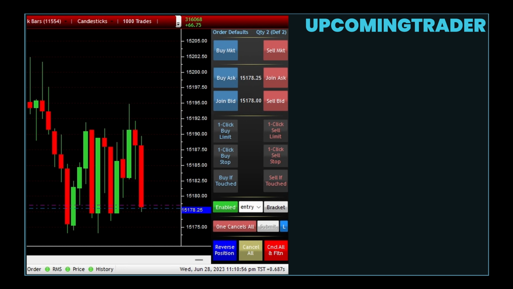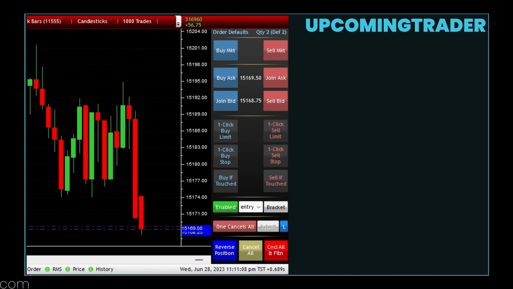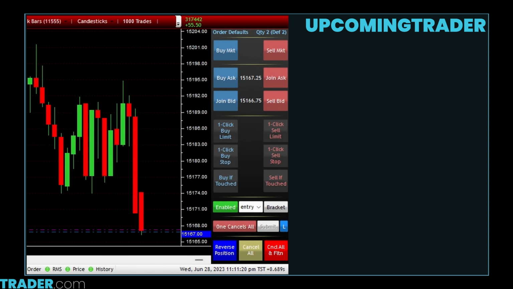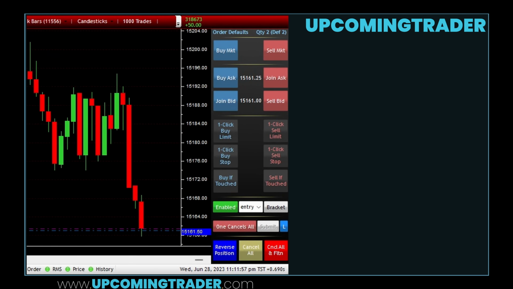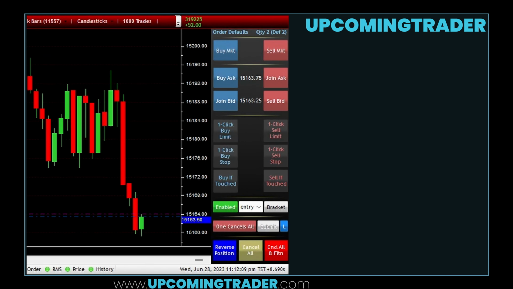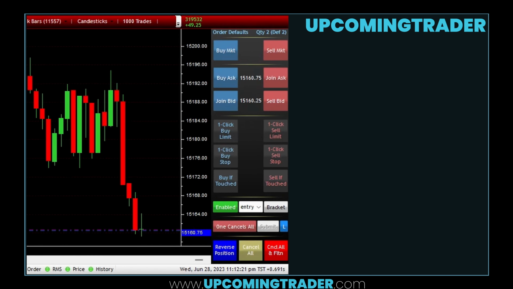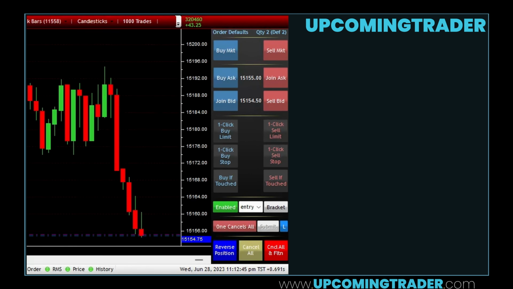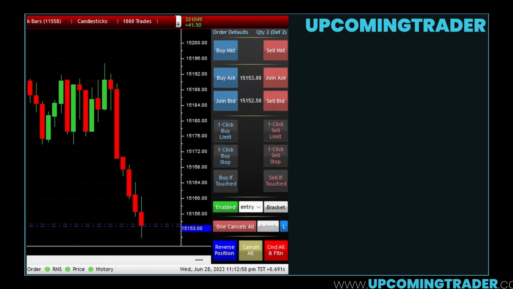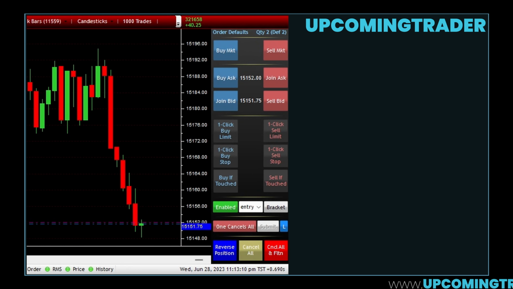This can act as a potential resistance level for the contract's price. As the day progresses, more and more aggressive buyers, like Trader A, enter the market, and the price of the Nasdaq E-mini futures might climb. But when it approaches the 14,000 point level, it may find resistance due to limit orders like Trader B's. Only after all those passive sell orders are fulfilled might the price have a chance to move beyond that level.